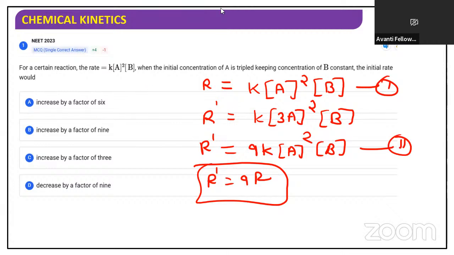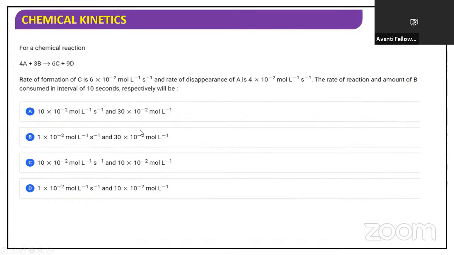तो D ऑप्शन करेक्ट होना नहीं, increase by the factor of 9. B होना चाहिए बेटा, ठीक है। तो B इज द करेक्ट ऑप्शन। कुछ बच्चों ने D भी बोला है। D नहीं बेटा, B ना। देखो, इट इज इंक्रीज बाय द फैक्टर ऑफ 9। So this is increased by the factor of 9, so B is the correct option. Is this clear to everyone? Done? Yes. चल, नेक्स्ट देखो।